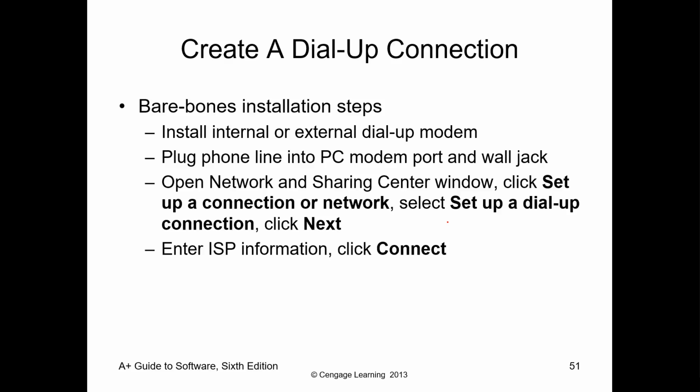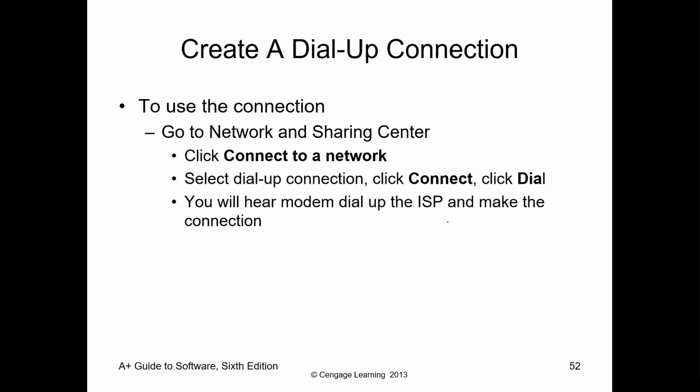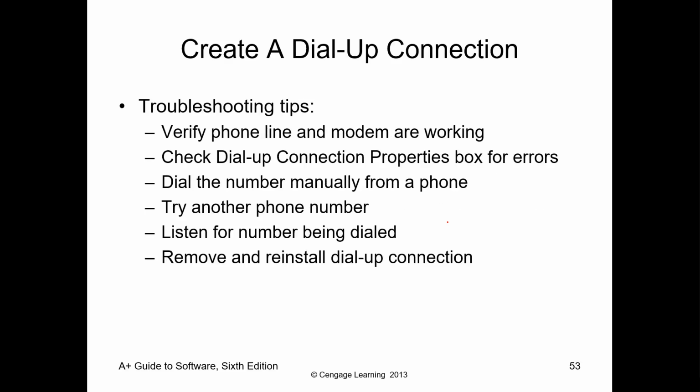So lastly, dial-up, bare-bones installation. Normally you set up a new connection in Network and Sharing Center, you enter the appropriate ISP information, and you click connect. To verify, you'd click on connect to a network, you'd enter all the appropriate dial-up connection information, and you'd dial the connection. While dial-up connections aren't very common anymore, it's always good to know the steps. Troubleshooting, normally verifying the phone cord is plugged in on both ends, and that you have all your ISP information